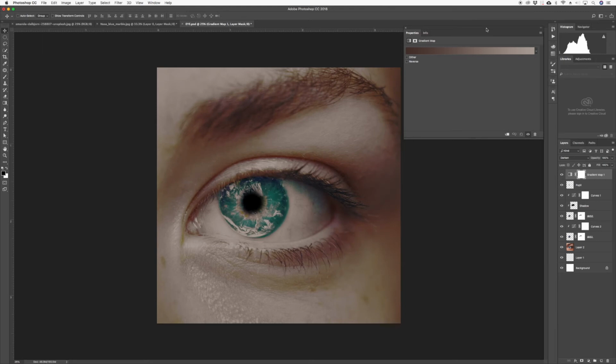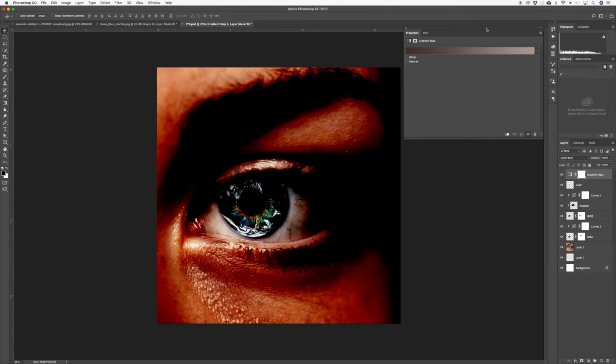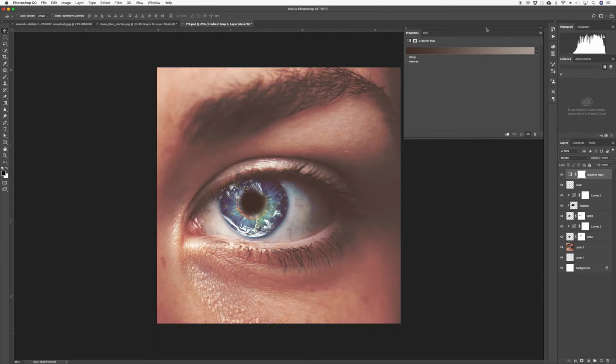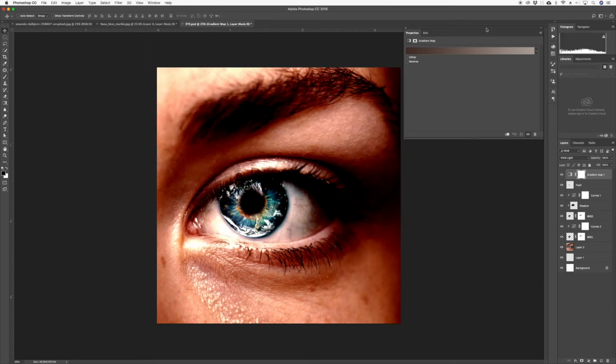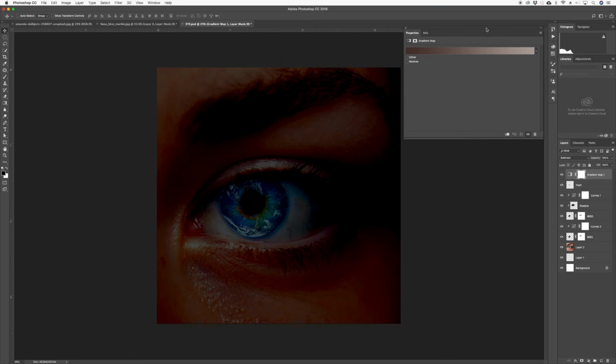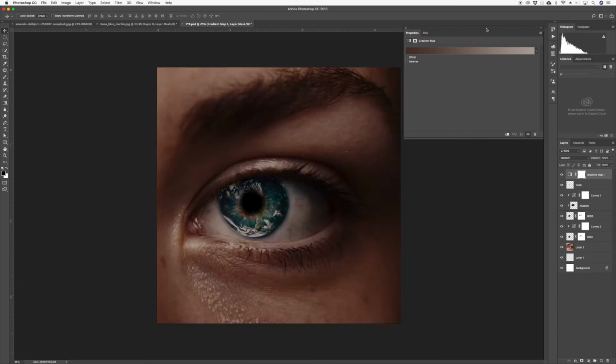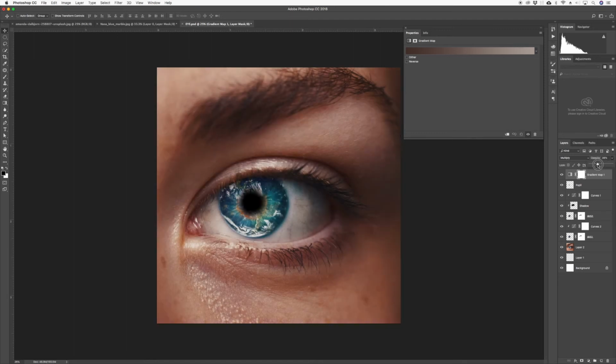Change the blend modes, multiply. Multiply's not too bad. Drop the opacity a little bit,